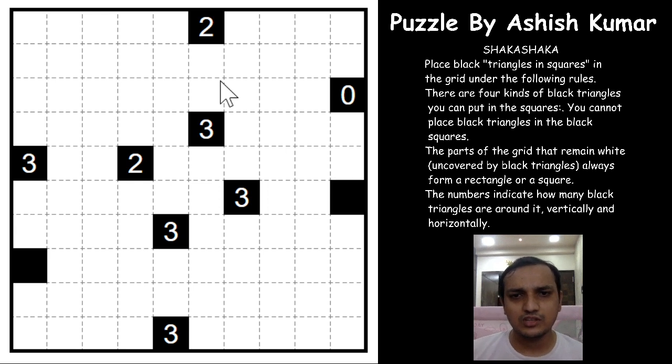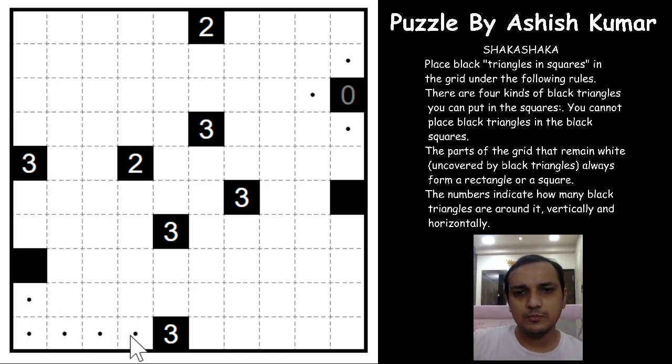I'll give you some tips and tricks as we progress through the puzzle. So for 0, let us unshade all these three cells. As I said, every white area should either be a square or a rectangle. If you see, if I unshade this cell, if there is no triangle in this cell, this forms an L. This L can never be a rectangle or a square, however much we extend it. So a small tip here is, you can never have an L of unshaded cells, be it a 4 cell region, or a pentomino of 5 cell region, or a 3 cell region. You just try to avoid an L being formed by unshaded cells, right?